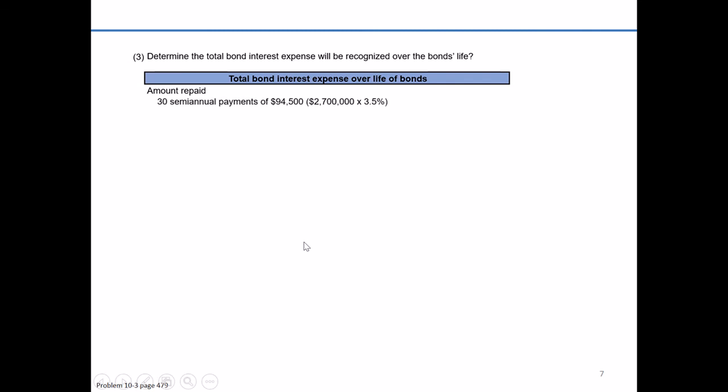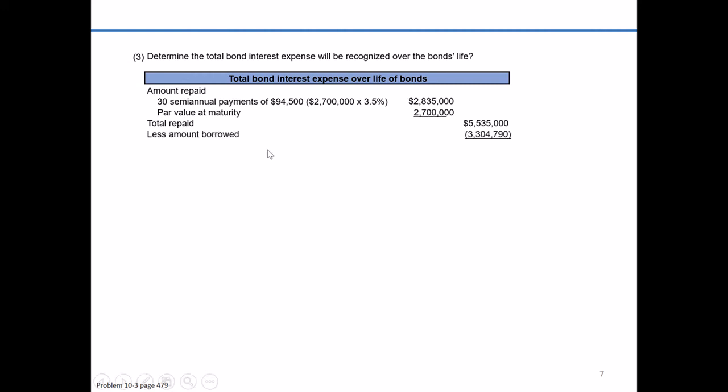So let's attack total interest cost or expense over the life of the bond a little bit different way. Let's first look at how much Hillside pays over the life of this particular bond. 30 payments of $94,500 equals total interest paid of $2,835,000. They're paying par value at maturity. At the end of the life of the bond, they've got to pay $2.7 million. So $2.7 million plus $2,835,000 in interest payments means they pay a total cash over the life of the bond of